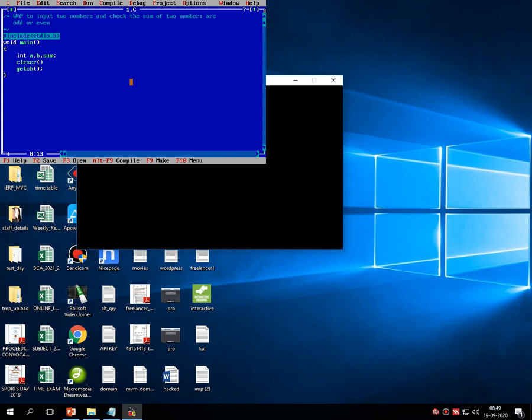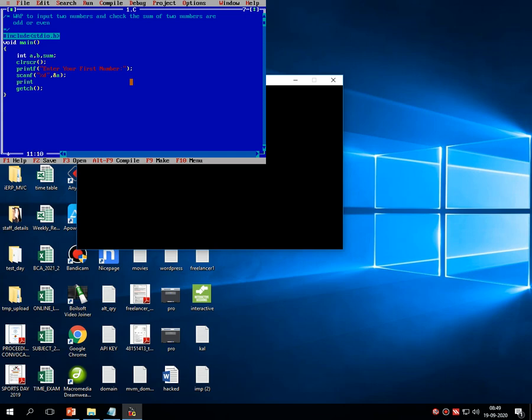Then clrscr, printf, enter your first number, is our variable called a. Now this is very clear. Whenever I say enter your first number, it is always a, because we have started with the same variable. scanf %d comma ampersand a. It reads and stores the first number from the user.